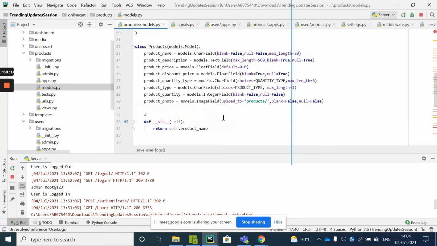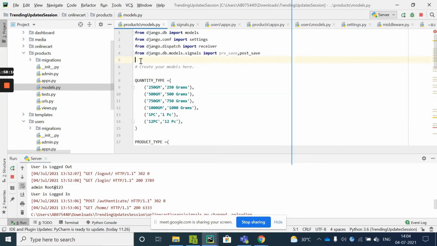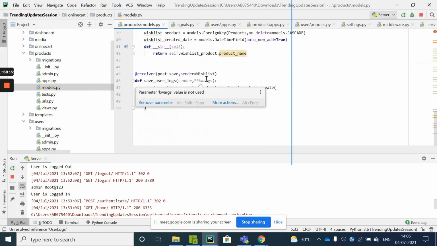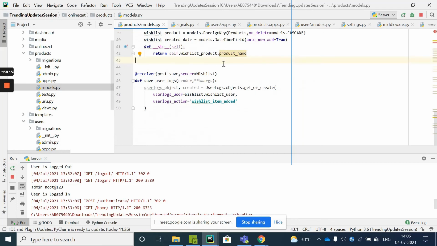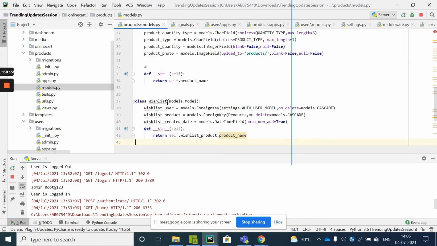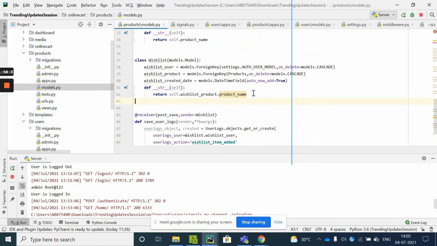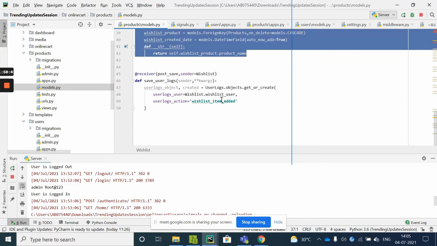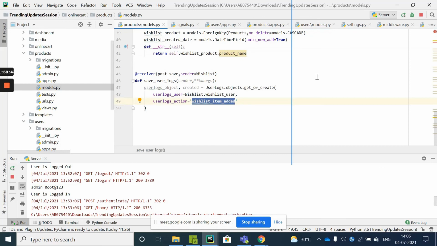error message. So let's go and import from users dot model import user logs. So that error message will go off, and let's see on submission of this, whenever I add one particular item, it will go as wishlist item added as action into that database.